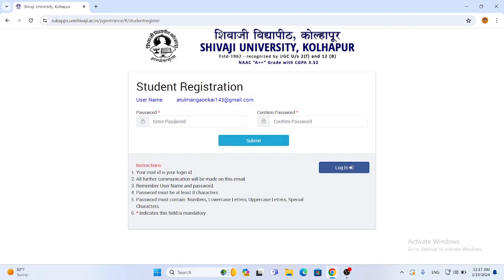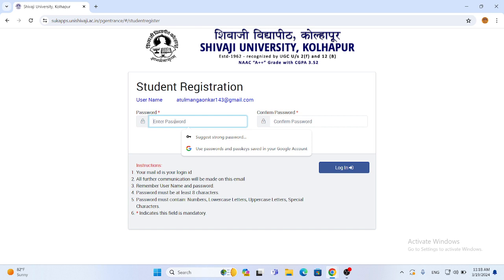Then you have to set a password. The password should include one uppercase letter, one lowercase letter, along with a few digits and a special character.